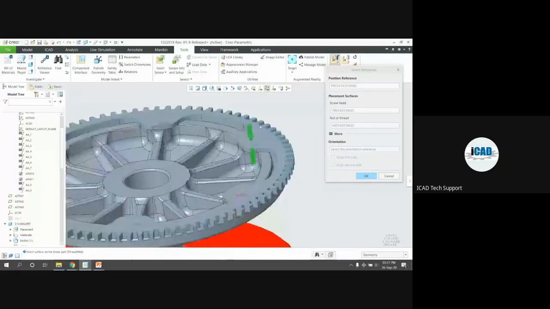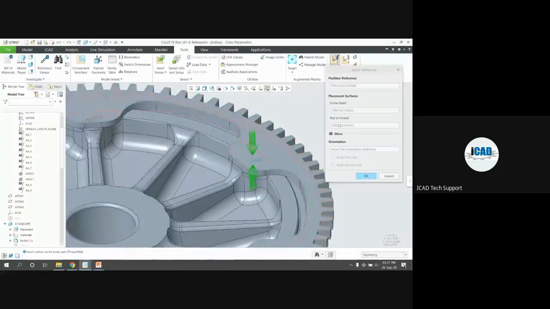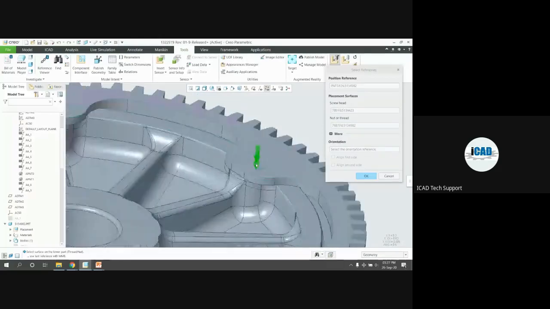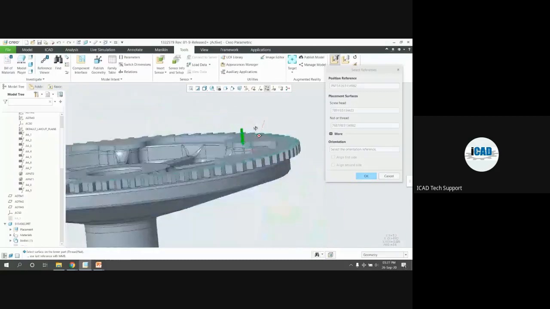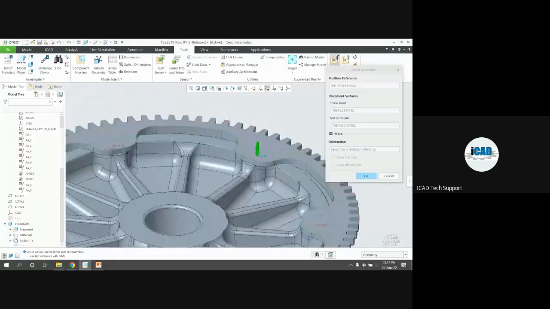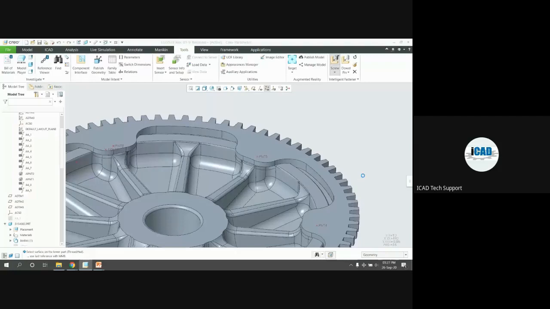This arrow will show like this. If I don't want to add the nut on the bottom side, I will select from the top side. You can see both arrows go in the single direction. So this is the only tricky way to assemble the fastener. If I click on the OK window,